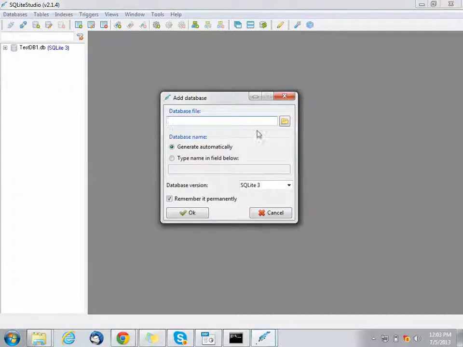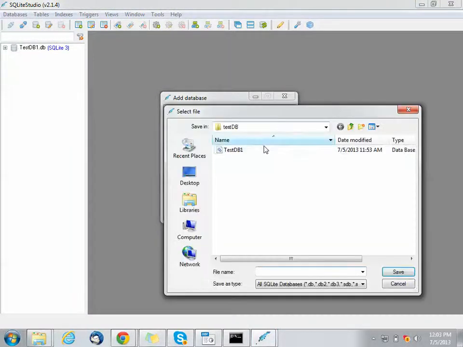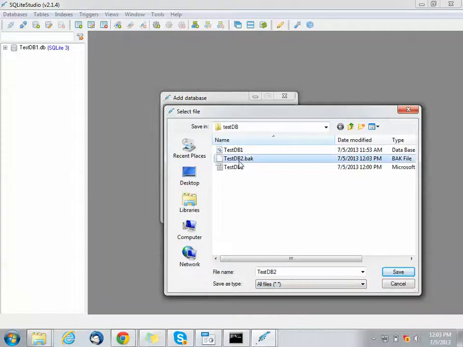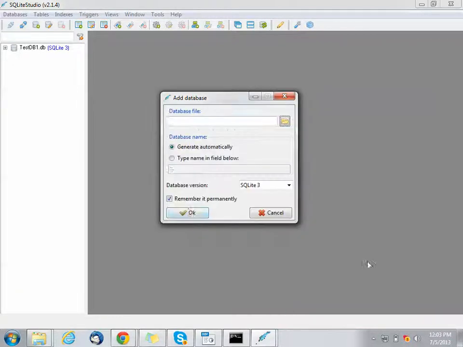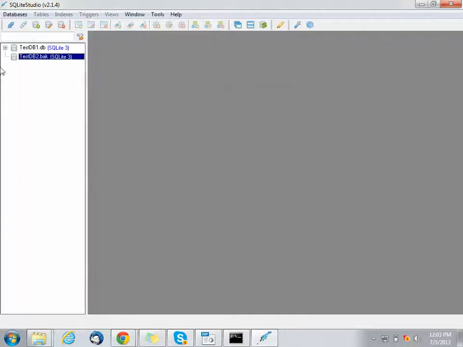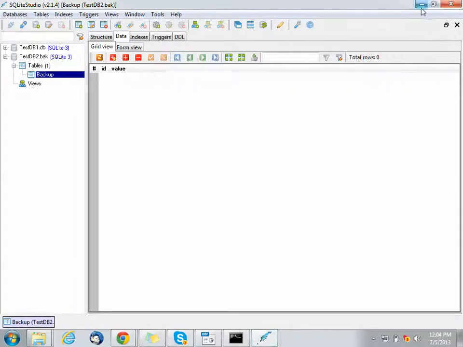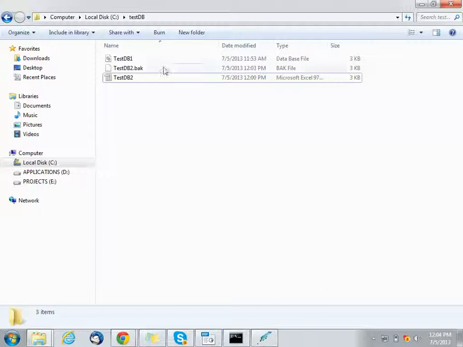Basically, we should not give such extensions which are already used. Now this table is empty. Okay, let's see what happened. It didn't open, I think.